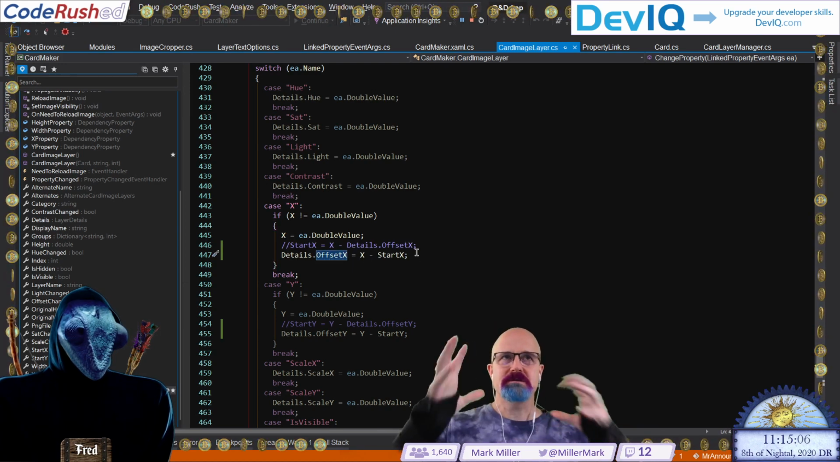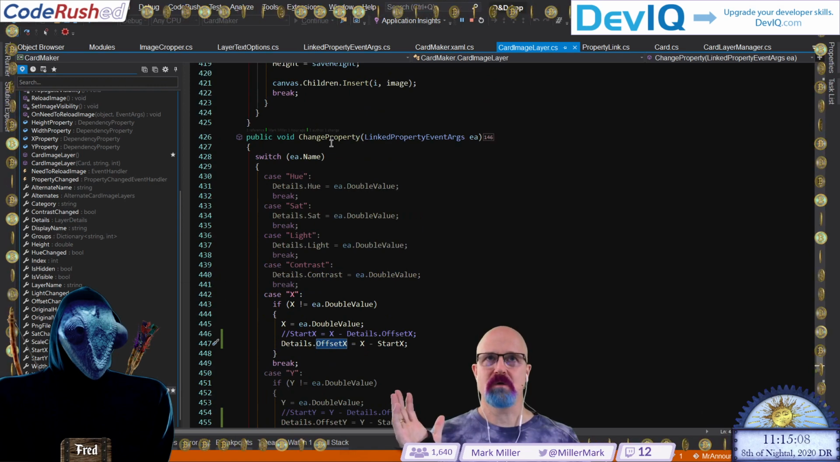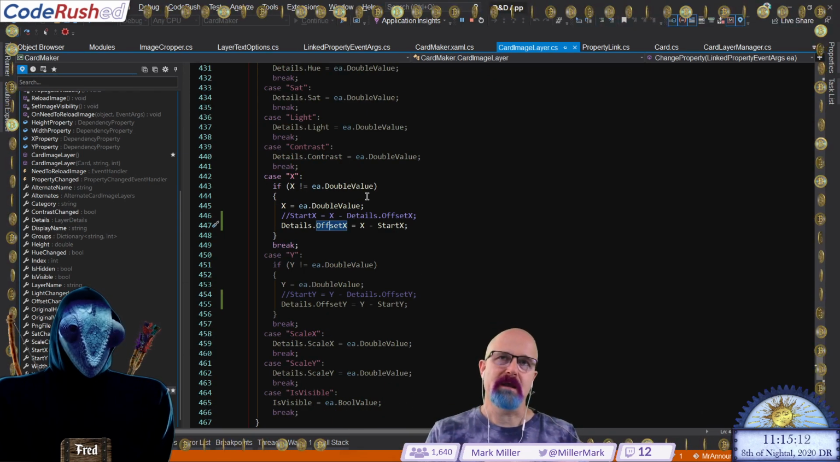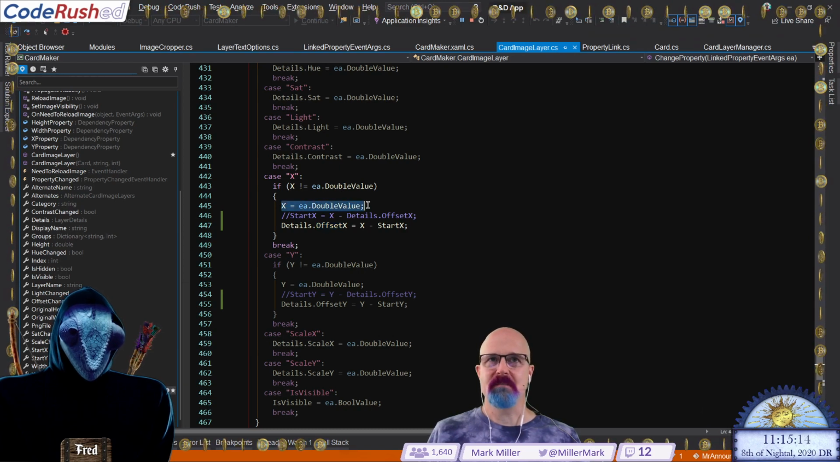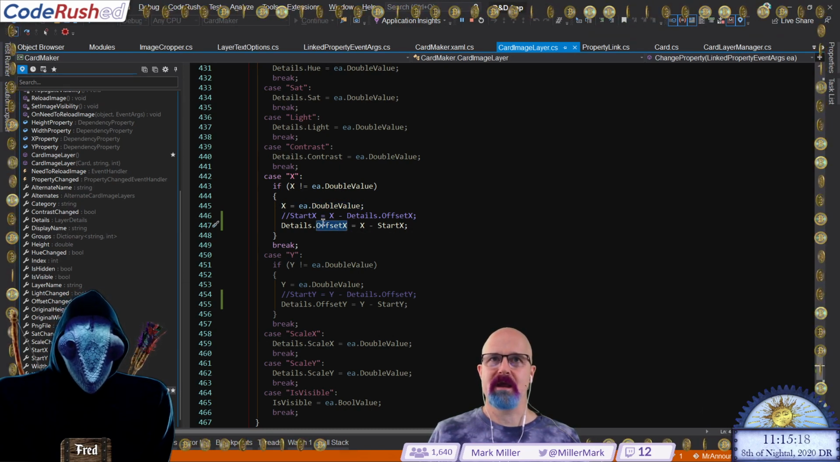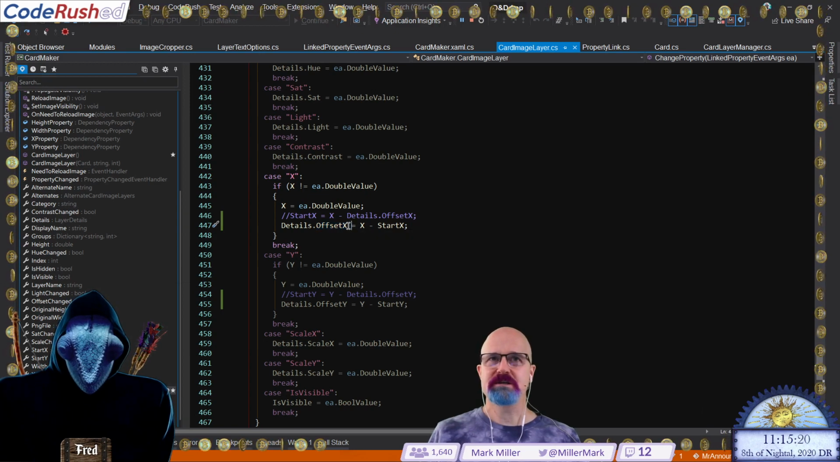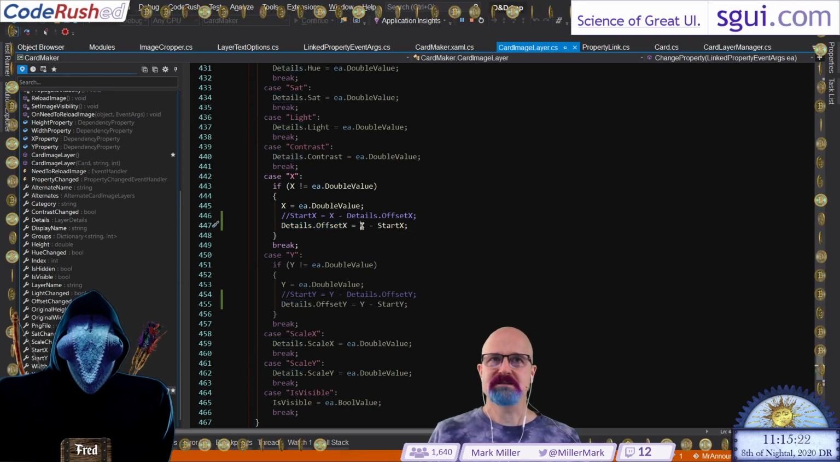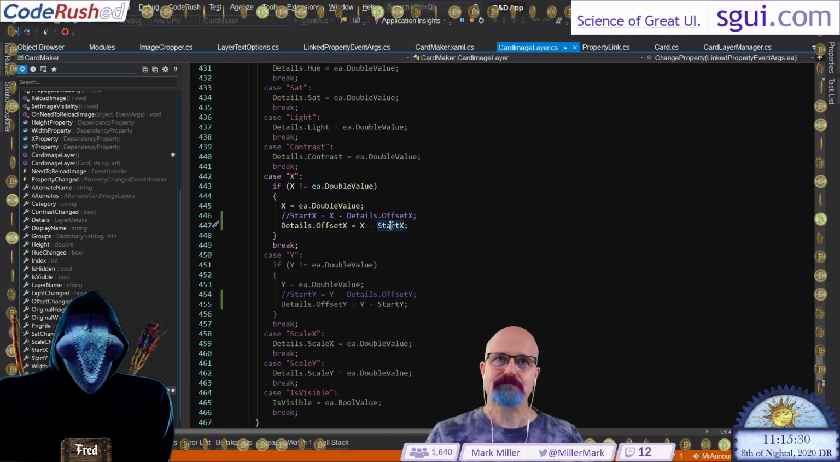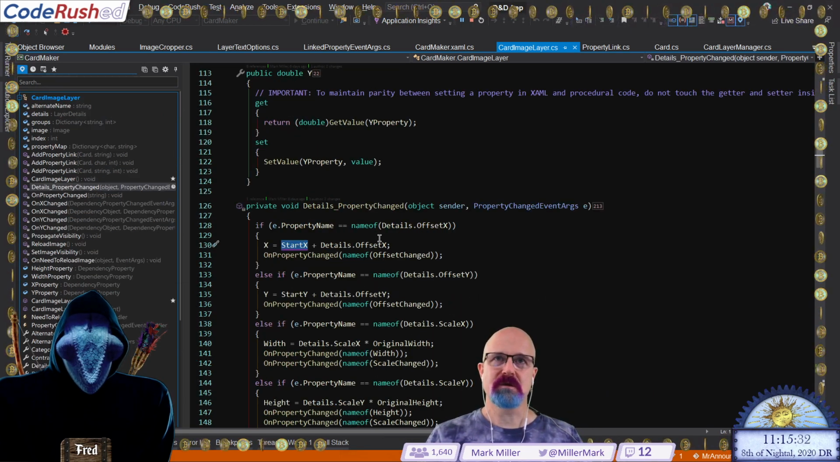So the block of code we're in is what happens when a property is changed that's linked together. Okay, so we first change the X to match the value, but then we make it so if we ever need to calculate our own X again or save it, we change offset X so that it's equal to whatever the equation is. So it's X minus start X. We're about to, and I think that it's also kind of important